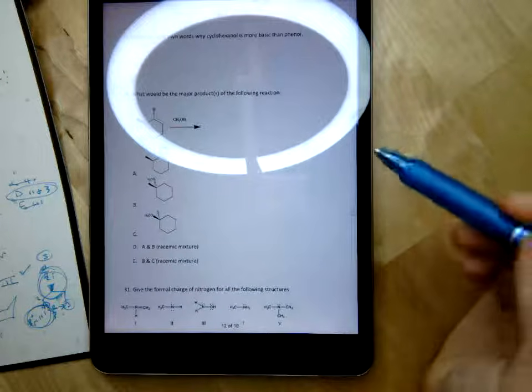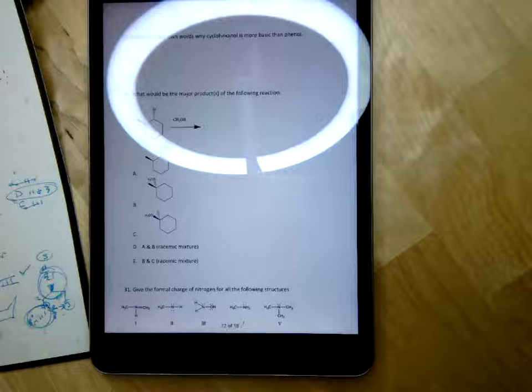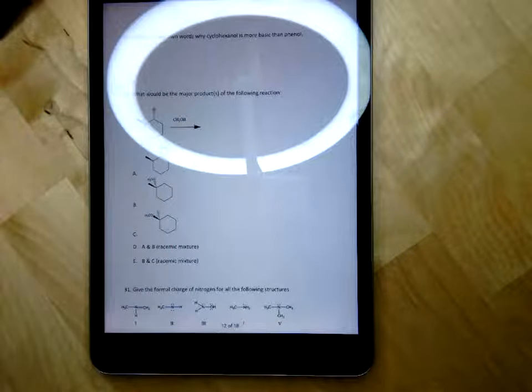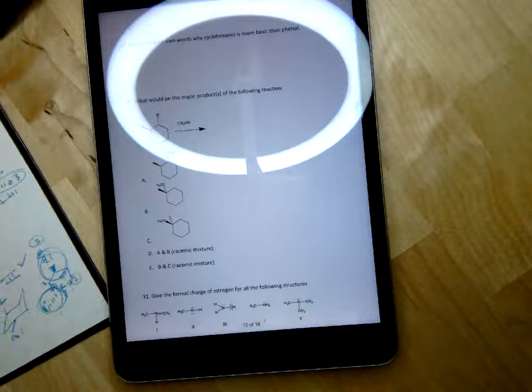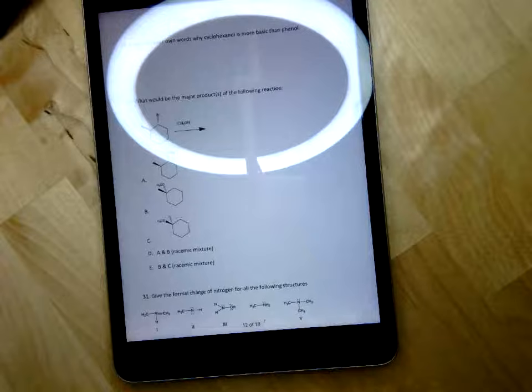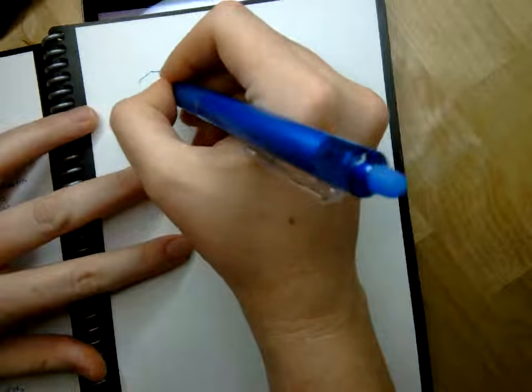Okay, this question is: explain in your own words why cyclohexanol is more basic than phenol. In my own words, I'm going to say resonance. Because if you just put resonance, I wouldn't give you that. I've been working on causal relationships with you all. So